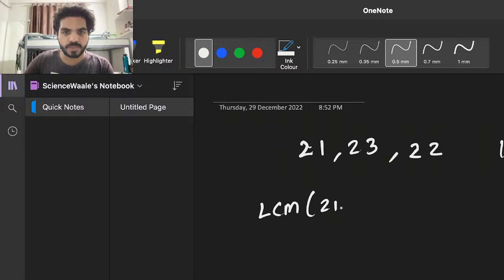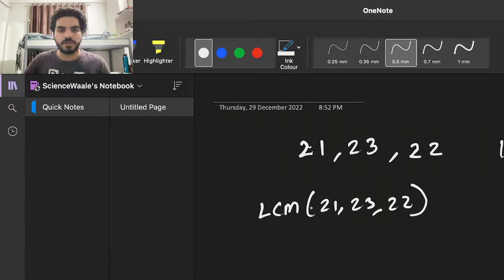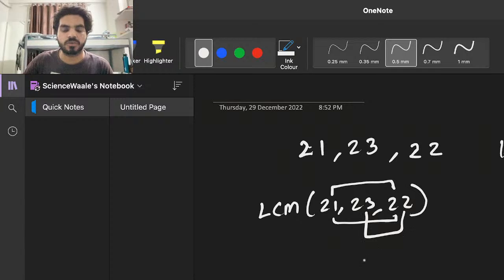So, LCM of 21, 23 and 22. One more fact: if any two consecutive numbers are seen in the LCM, they are co-prime. Every pair of consecutive numbers is co-prime. So we'll simply multiply these three, because 21 and 22 are co-prime, and 22 and 23 are co-prime. So their multiplication is